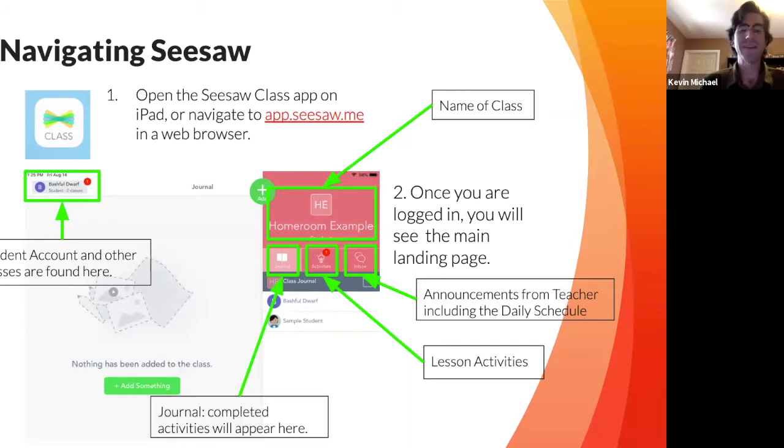Sometimes they respond by taking a photo of something and uploading the photo to Seesaw. Sometimes they might respond by drawing or writing something on the screen, or sometimes it might be a combination. So for example, a student could draw a picture on the screen and then also record his or her voice explaining or describing the drawing, and then submit the voice recording and drawing together as one journal entry for the